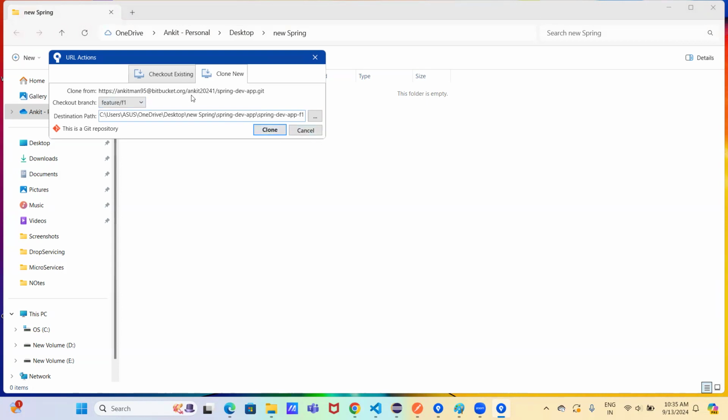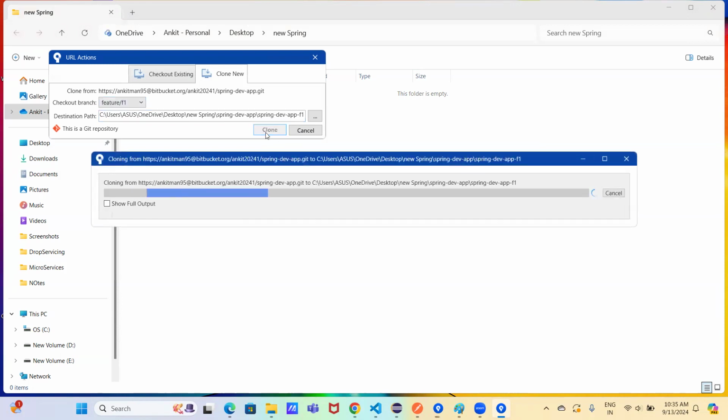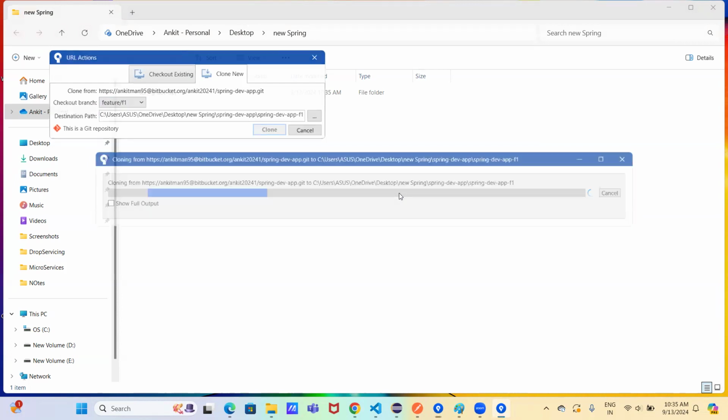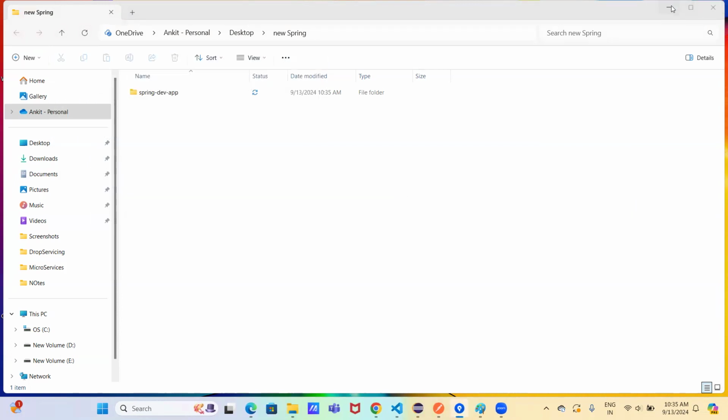We need to clone only those branches where we need to code. Don't clone the integration branch as well as the main branch. We need to clone only the feature branch because we need to write the code only inside the feature branch, right? So just click on clone. The cloning activity is going on, and then you can see